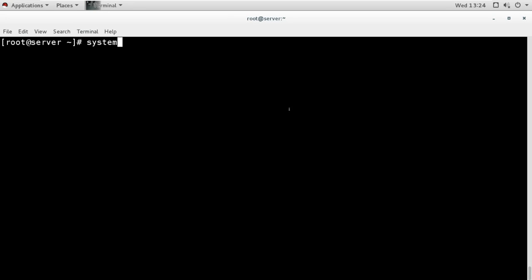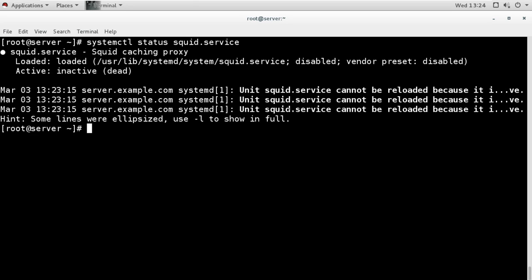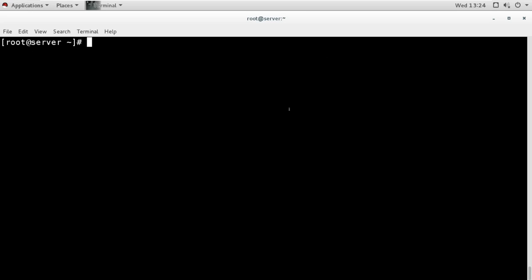Remember, for starting the server, I am just starting the service squid. Right now it is not running and it is disabled, so I will start it. And you see it is started without any error, and I will enable it.